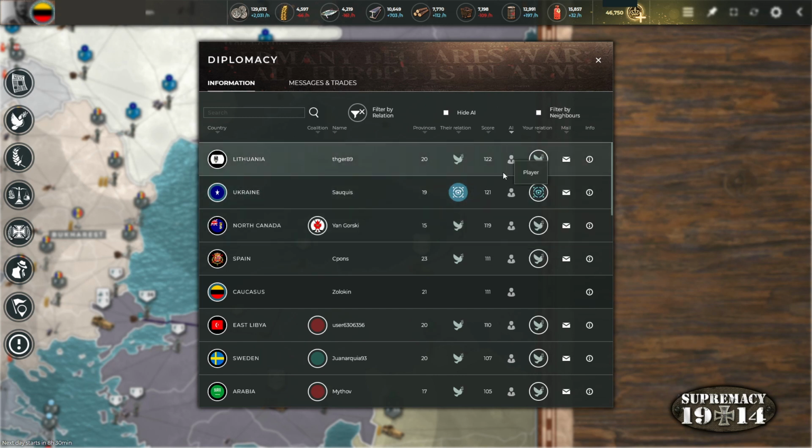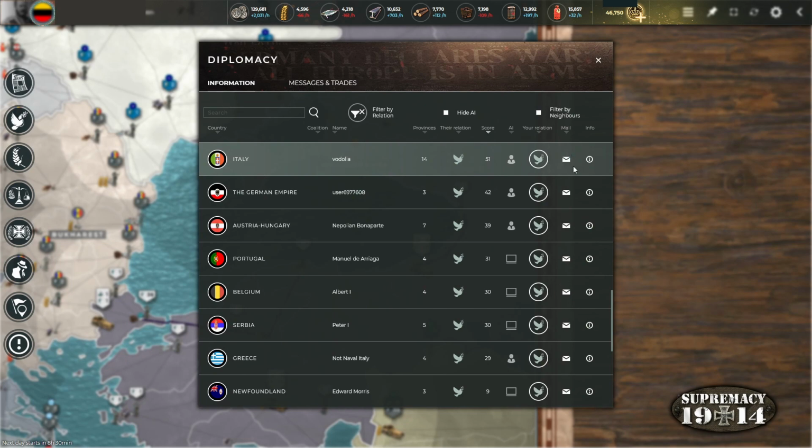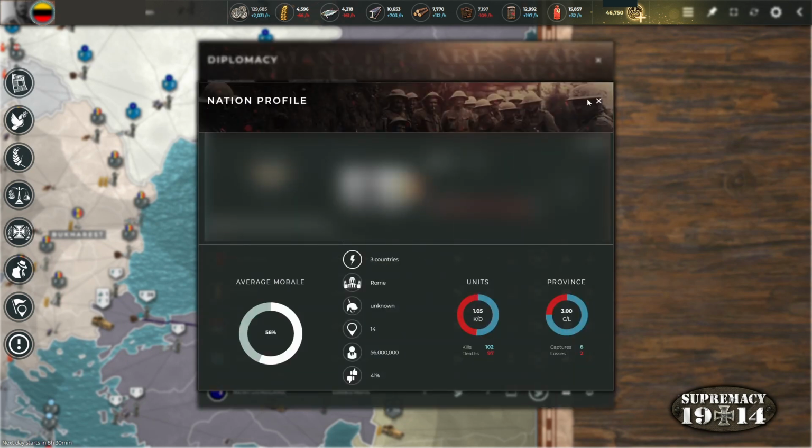Whether players are AI or not, but this doesn't tell you if the player went inactive or not, so this is not really accurate. You can send messages directly from here, or you can press the eye icon, which tells you about the player. So what to focus on in the nation profile is the countries that the player is at war with. You can see it by pressing this, for example, and you see the drop down menu with countries they are at war with, the amount of units they have, and this number only indicates the number of units you can